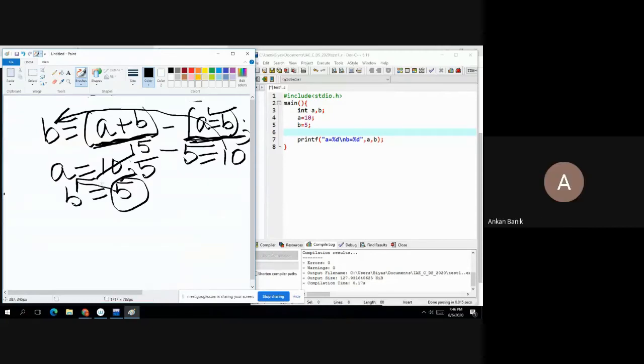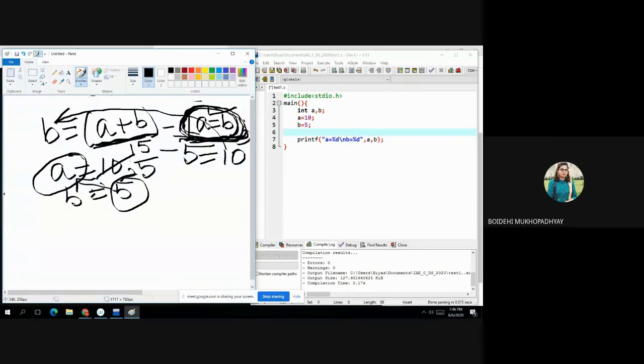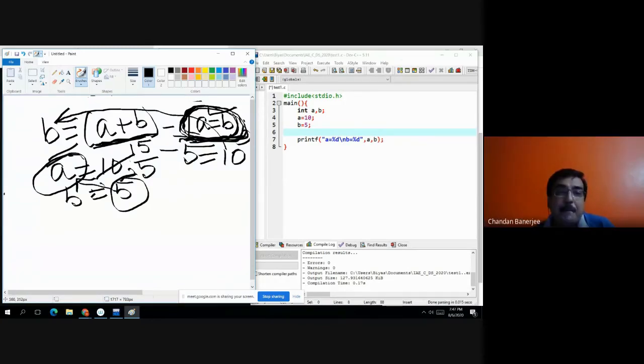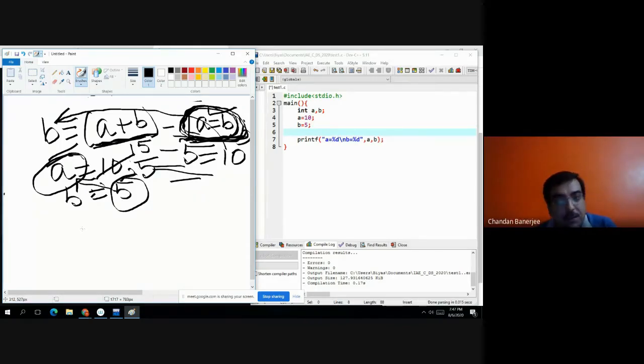Right, sir. And 5 has already gone to A. Here 5 has already been assigned to A. Clear? Already it is assigned. Now B becomes 10. So already the value is swapped. Is it clear?